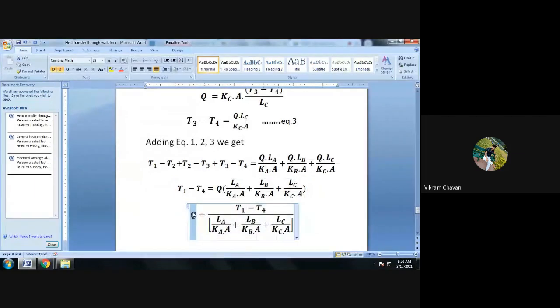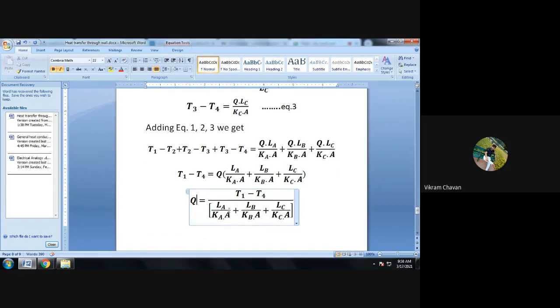So the equation becomes q is equal to (T1 minus T4) divided by this particular bracket. Okay, getting everyone? Now further we know that L suffix A divided by K suffix A multiplied by A is